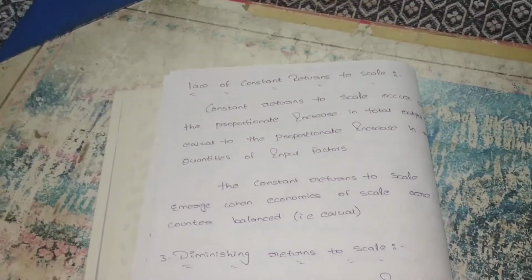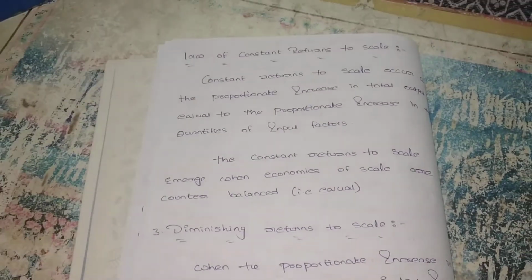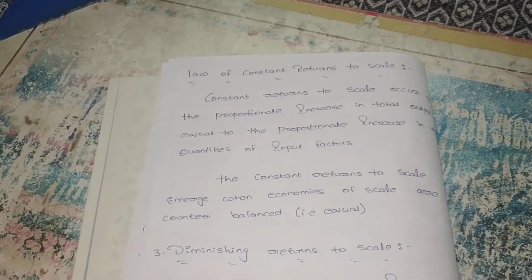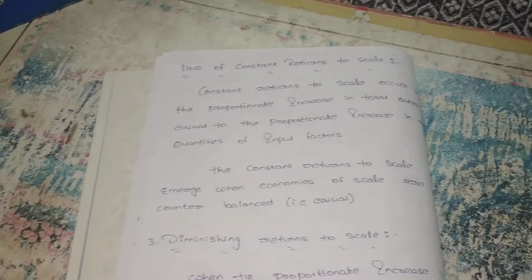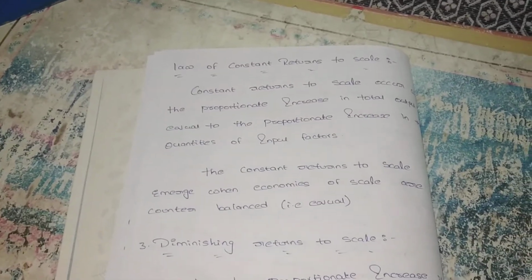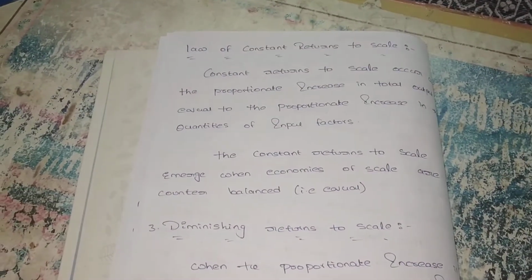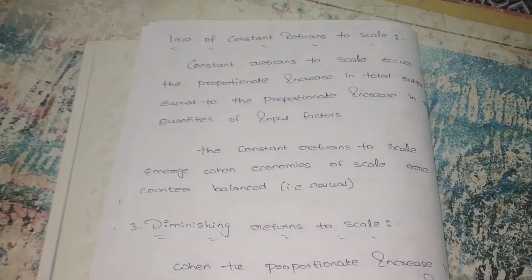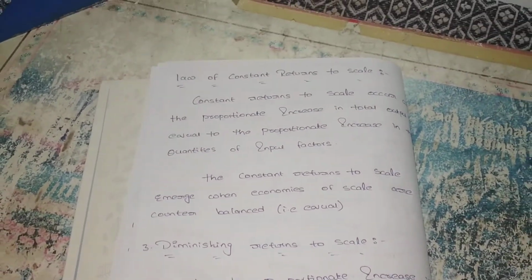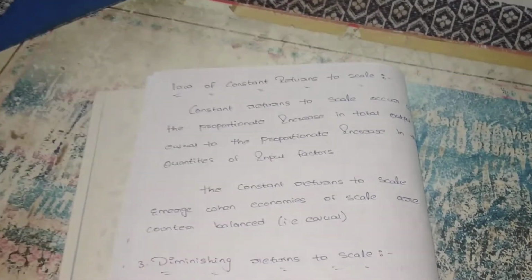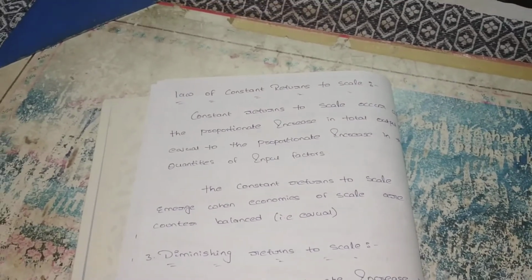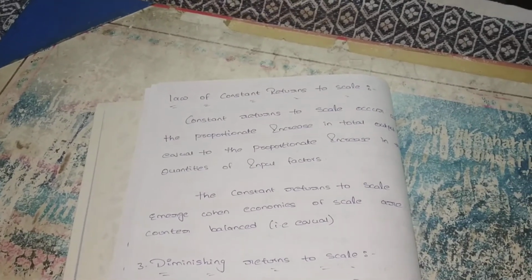In which case can we say it is constant returns to scale? When inputs are increased by 10%, but the output is also increased by the same 10%. We can say it is constant returns to scale. While if inputs are increased by 10%, but the outputs increase only up to 5%, we can say it is decreasing returns to scale. Why? Inputs are increased by 10%, and outputs also increase, but only 5%, at a decreasing rate.